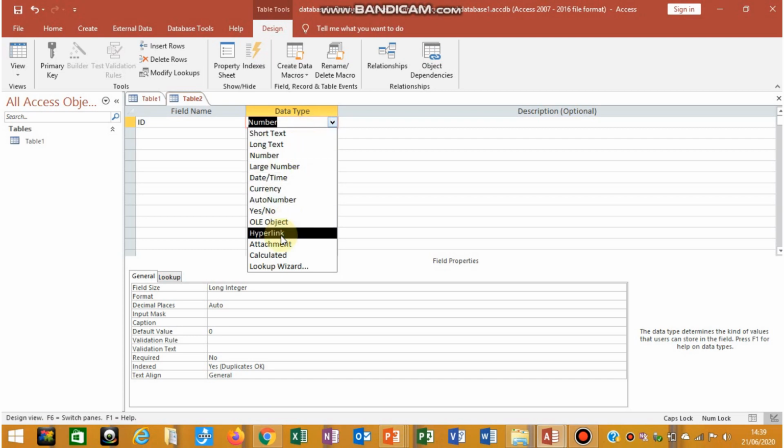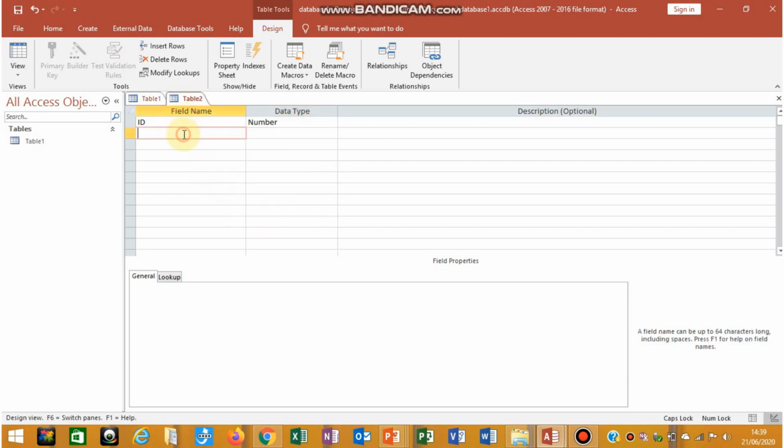Here lookup wizard is used to enter data from another existing table. Okay, here attachment, if you want to attach any Word document or Excel sheet with that user's information, then you have to specify the data type as attachment. You can choose any of the data types that you want.